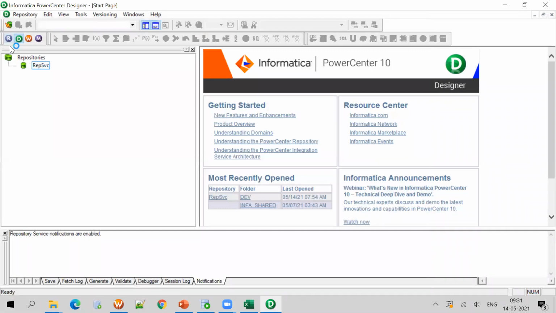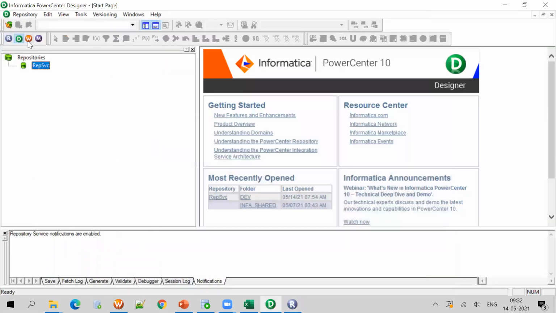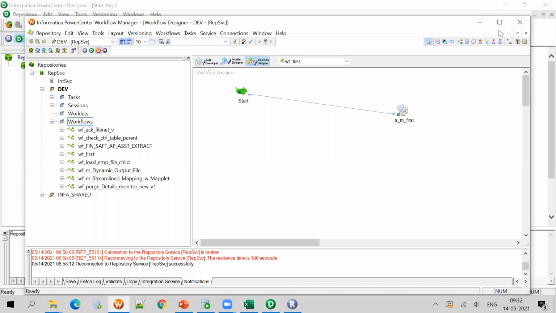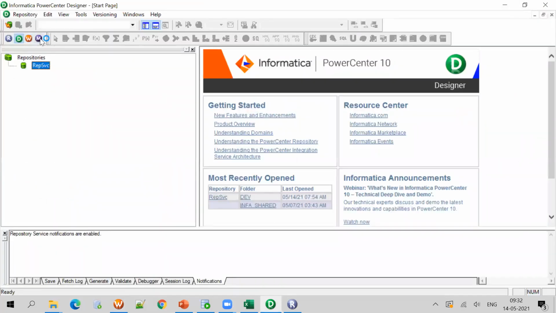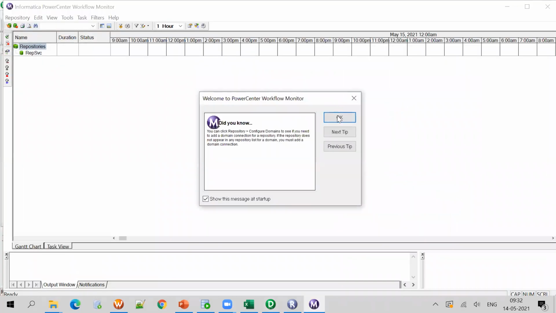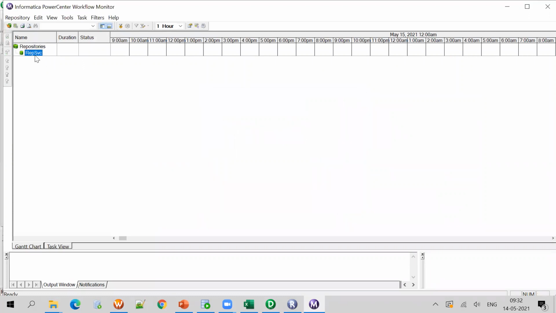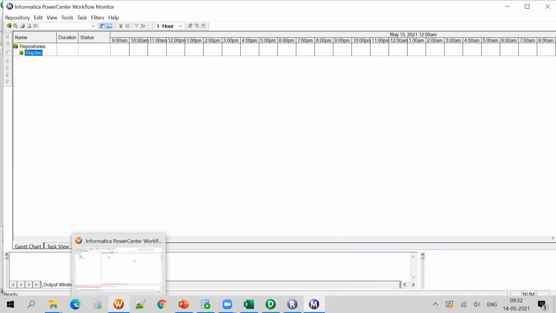If you click R, that means the Repository Manager. So this is the Repository Manager we have, and this is the Workflow Manager we have. And Workflow Monitor, I'm opening Workflow Monitor also. So this is the Workflow Monitor. So we'll be mainly concentrating on these four tools: one is Designer, Repository Manager, Monitor, and Workflow Manager.